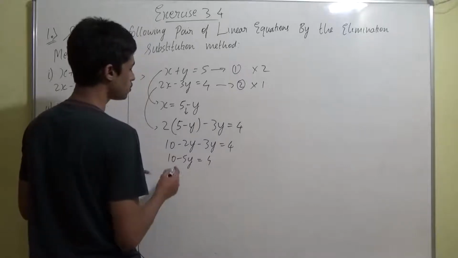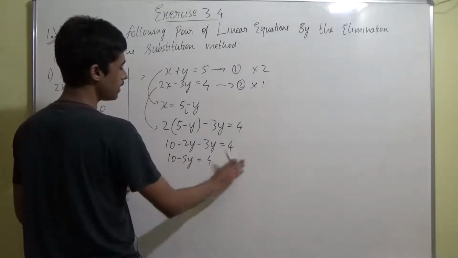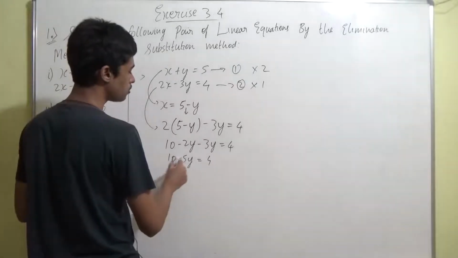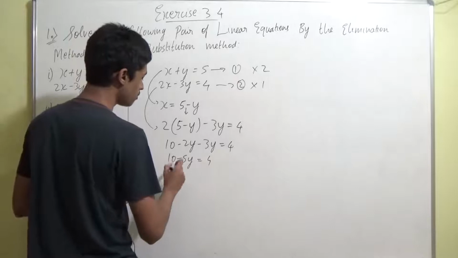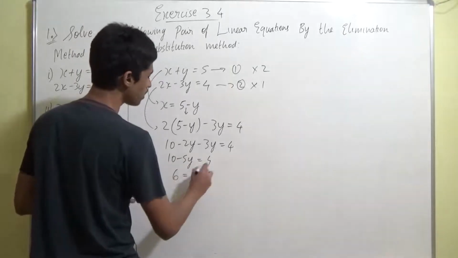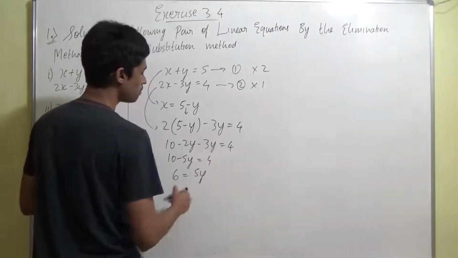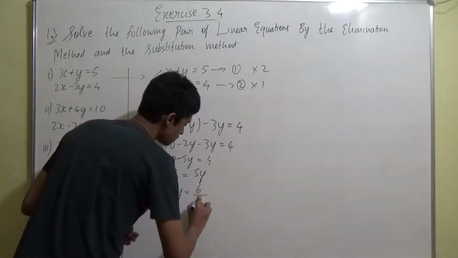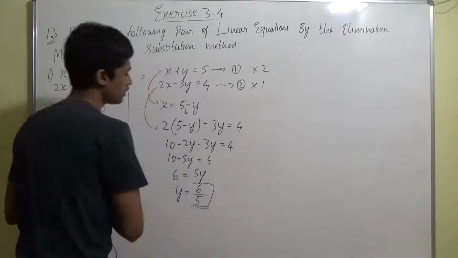Now let's do one thing. I'll take the y term the other side and bring 4 towards the left. It will become 10 minus 4, plus 4 will become minus 4 when it comes left side. It will become equal to 6, equal to minus 5y will become equal to plus 5y. Then value of y will be equal to 6 by 5, correct?